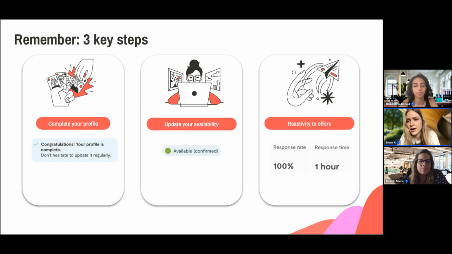Make sure to update your availability regularly. You can even do this for future times. So if you're unavailable during summer, but you will be in September, you can do that. You will have a little tag on your profile that says available from September 15th. And reactivity to offers. We don't mention specifically saying yes or ignoring the clients. We just want to make sure that you log in and actually say no. It's definitely way better than not responding to an offer, and we will not penalize your profile if you decline an offer from a client that you don't find suitable. We will only reward you with a better algorithm for next time.